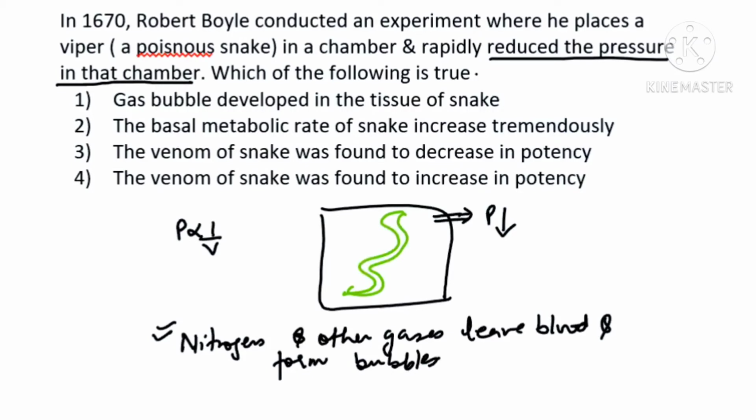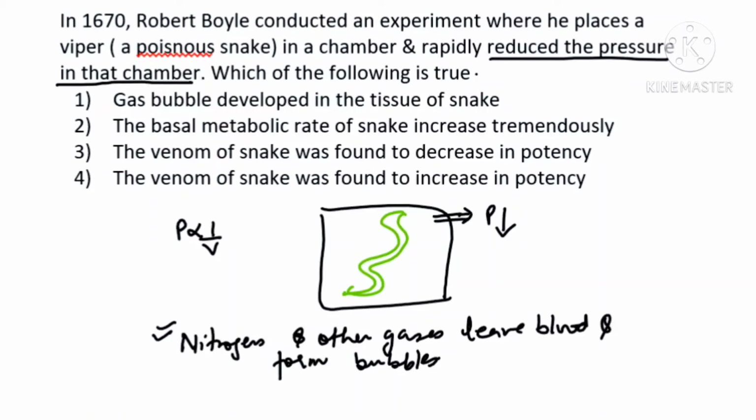Is it clear, beta? The same problem is observed when a diver, the person who is diving in the sea, suddenly comes up. Because you know very well that deep in the oceans the partial pressure is very high, and at high altitude partial pressure is low. So when the diver suddenly comes up, he gets the bends in his blood vessels, meaning gas bubbles are formed in his blood vessels. These bubbles are nothing but the nitrogen which has diffused out from the blood and is making up bubbles. Is it clear? This is also known as decompression sickness, which I'm discussing with respect to divers.